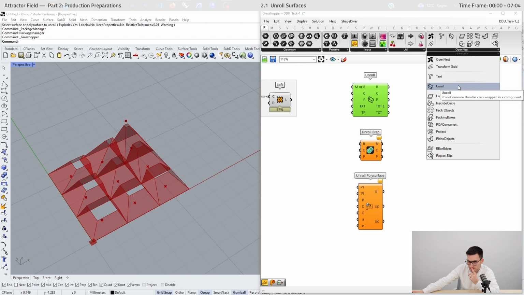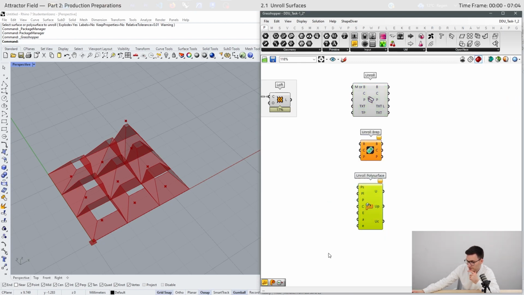With OpenNest, the faces may not unfold the right way around, so I recommend using the Wombat or Pufferfish add-on for this task. And I will show you a method to find out if your surfaces are unrolled the right way around. Before that, we will unroll the surfaces first.